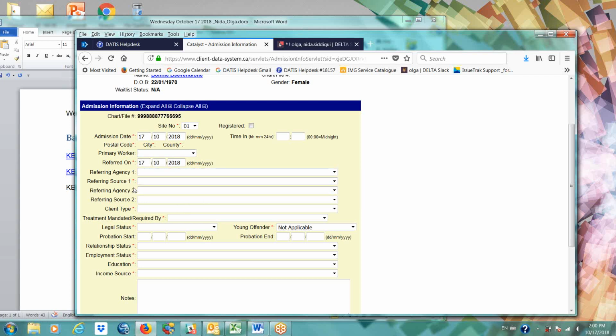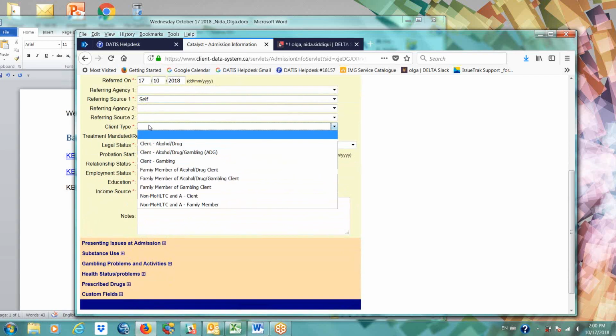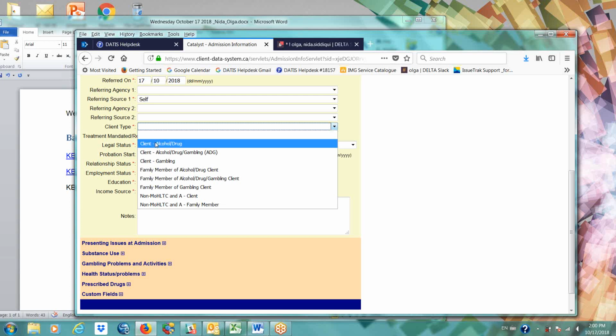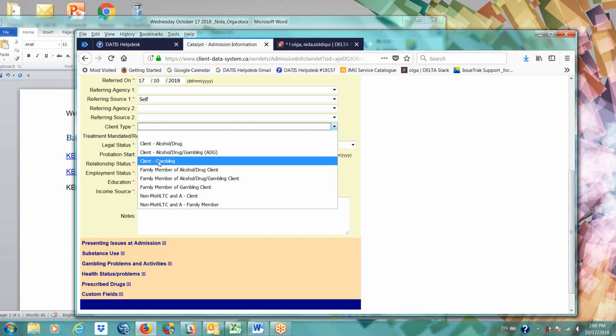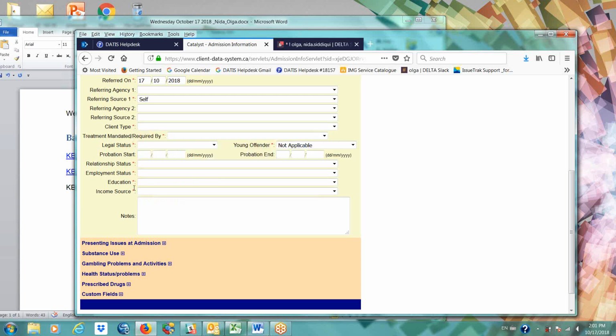And we're walking through here now. Anything that you see with a red asterisk is required. There are exceptions though, and that exception is going to be based on your client type. The client type, if I were to select client at an alcohol, drug, or any of these here, those three here, you would have to go through, and anything that has a required field, red asterisk, you would have to